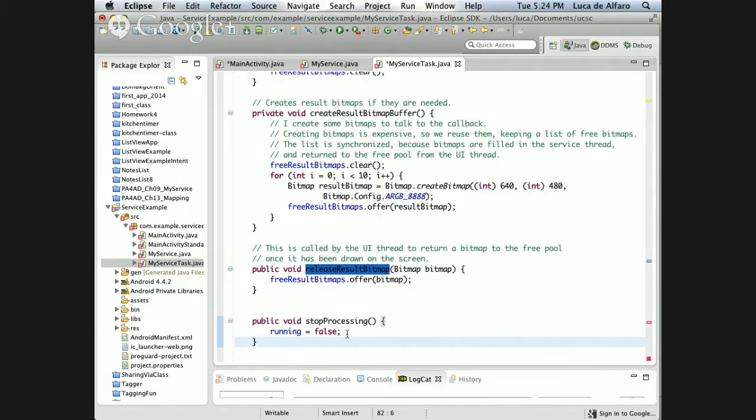So now the part that we have done is this. We can start the service, we can bind to it, get the binder. The binder has a method called getService that gives us back the reference to the service. At this point, we can talk to the service by calling methods of the service. And when we want to stop it, we call